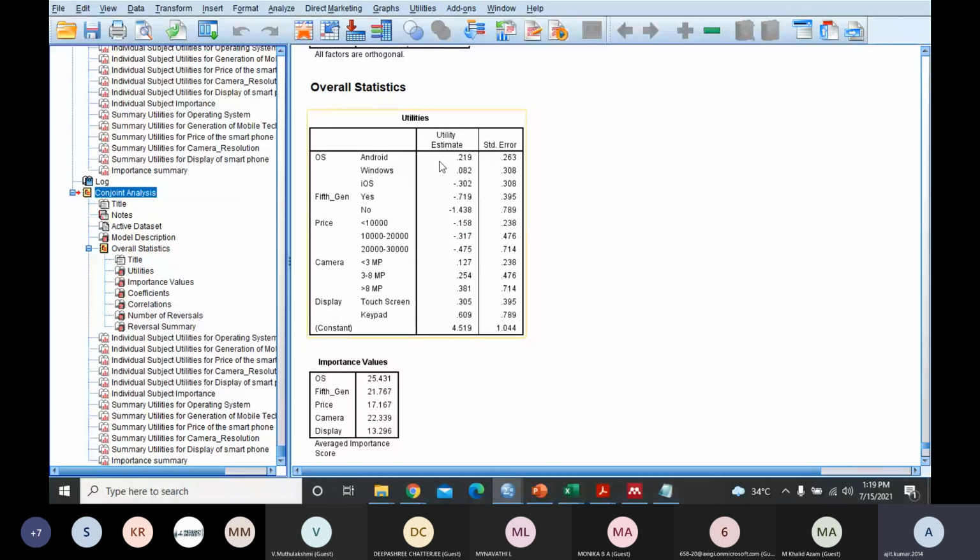Each has some decimal value, positive or negative. So individually we need to see if the combination is, let's say, Android OS, 5th generation yes, price range may be moderate, 10 to 20,000 rupees, megapixel more than 8 megapixel, and touchscreen yes.